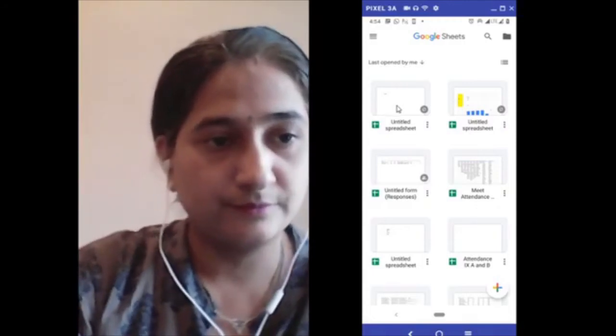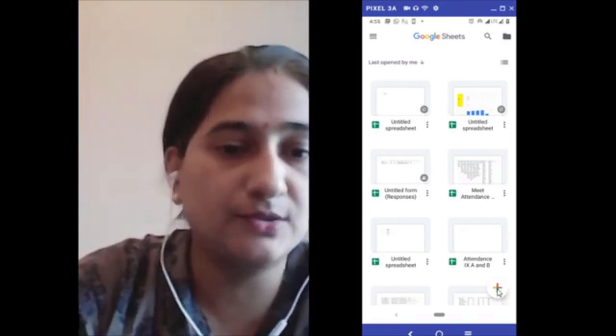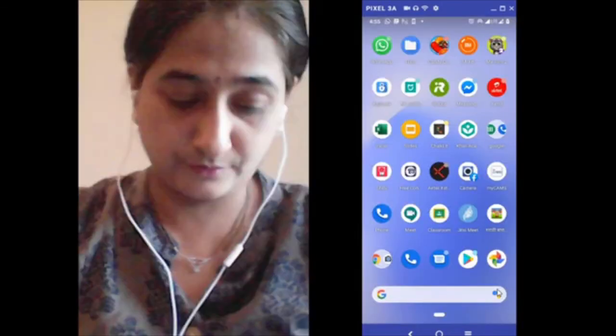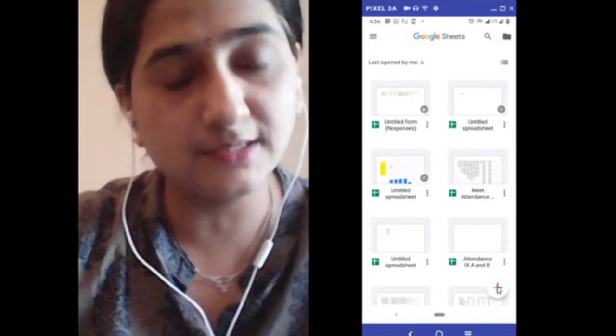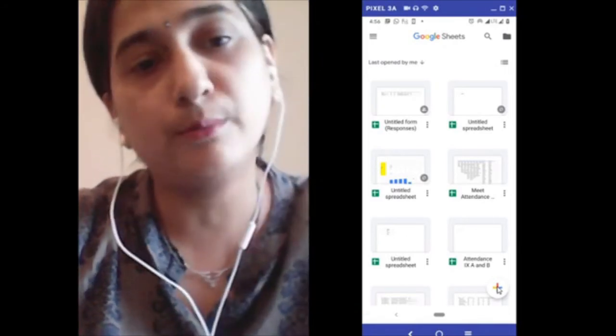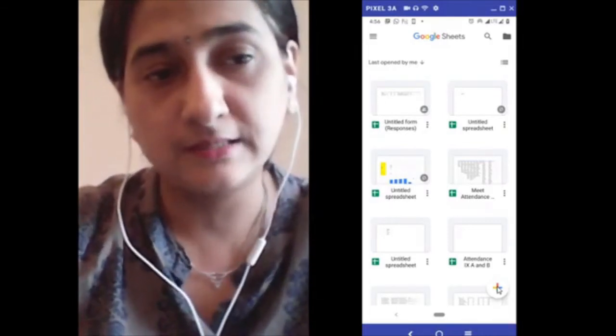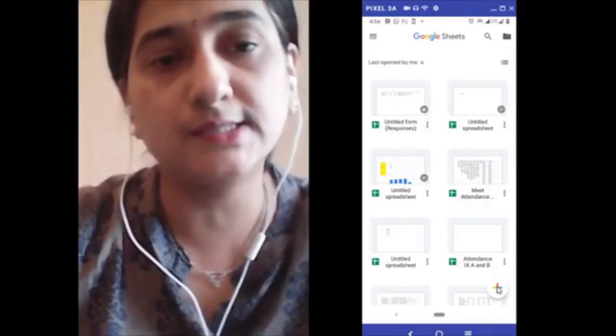Okay. Now, you will create a new spreadsheet by clicking on the plus sign that you see right at the bottom. Now, the advantage here is that you don't even have to go about with your USB pen drives as before, because you would say that you have worked on a file and it has remained in school, which is not the case now. You could just start a new sheet and continue working on it, maybe back in school or come back to your house, continue working on it. Okay, so that's the major advantage that Google Sheets gives you.